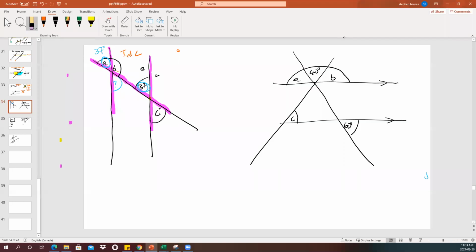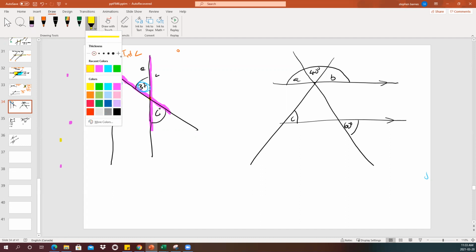Let's use the properties and decipher, right? So we can start by saying, I'm going to start off by just highlighting a particular,